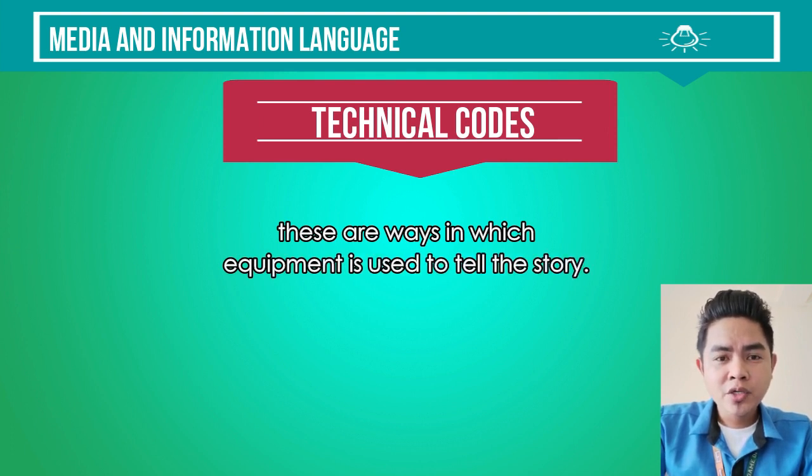From the word technical, or technology, is used to make the story for the audiences. This includes the sound, camera angles, types of shots, and lighting, as well as camera techniques, framing, depth of field, lighting, exposure, and